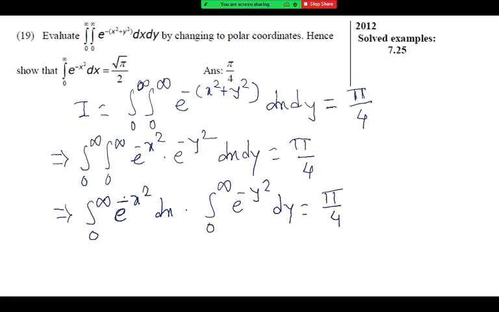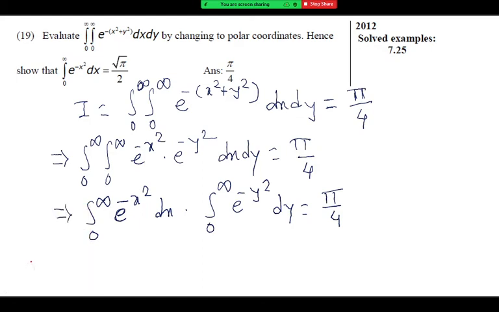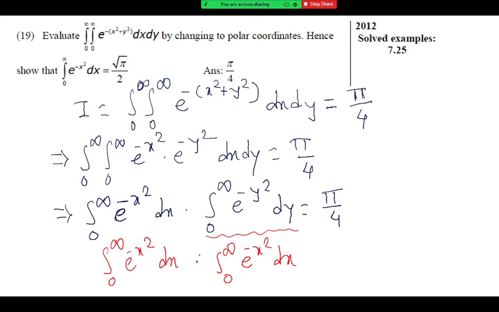No doubt. Okay, now I'm going to write one thing here, and you should tell me. Can I replace this integral by 0 to infinity e raised to minus x square dx only, and this will be as it is, 0 to infinity e raised to minus x square dx into the integral 0 to infinity? Can I replace like this? Anyone? Yes or no? Yes, sir. Very good, that's the correct answer. Yes, we can replace.